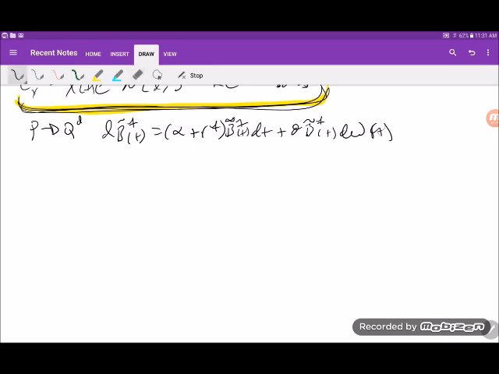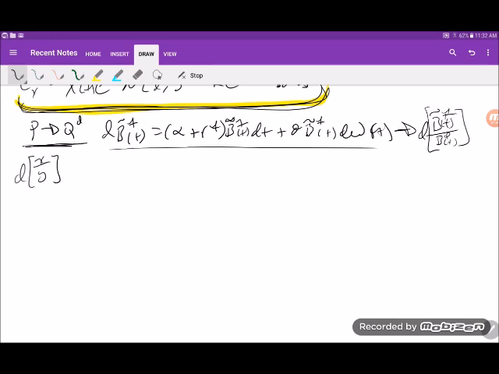Let me leave that like that and say that what we want now, in this, we're going to move from this to that. Now, to do that, we need to remember the Ito quotient rule,